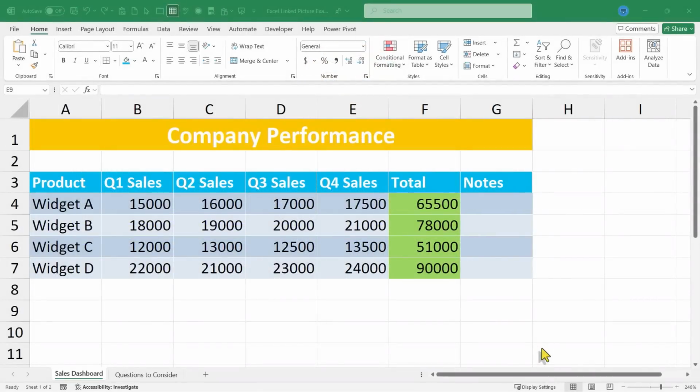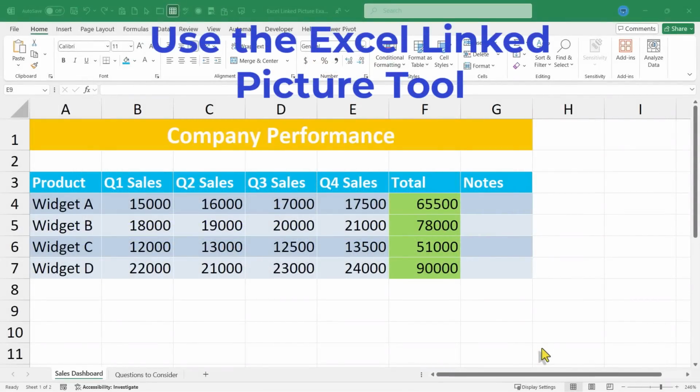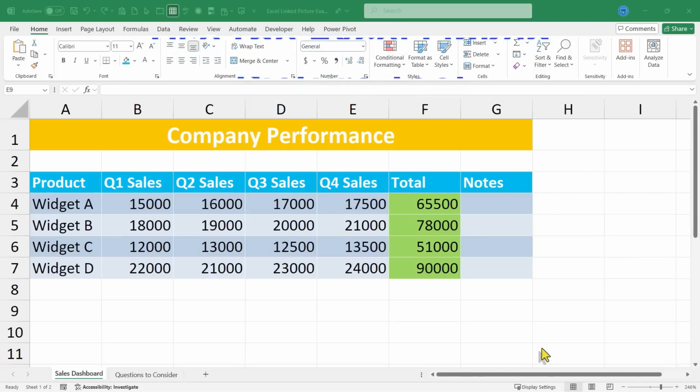In this Excel video, I will show you how to use the Excel Linked Picture tool. This is going to be fun. Let's get started. And the Linked Picture tool is great for basically taking a picture of a part of your